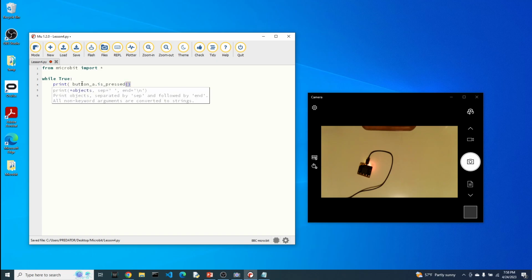So the microbit library has two variables, one that's button A and one that's button B, appropriate for the left and right buttons. And is pressed simply returns whether the button is pressed or not. So let's take a look at both these buttons. Button B